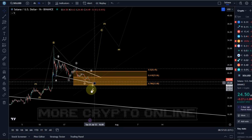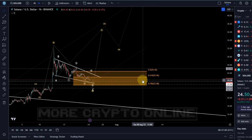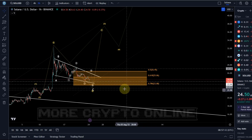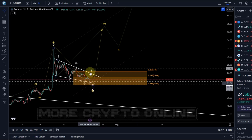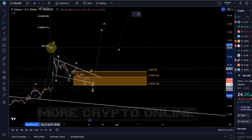Then we measure the Fibs. We get here these Fibonacci levels. The last one that is really reliable is the $23 level in this case, the 78.6 retracement. As long as that level is holding, a C wave rally can start. If a C wave rally started from here, then the target for the C wave of a third wave, and